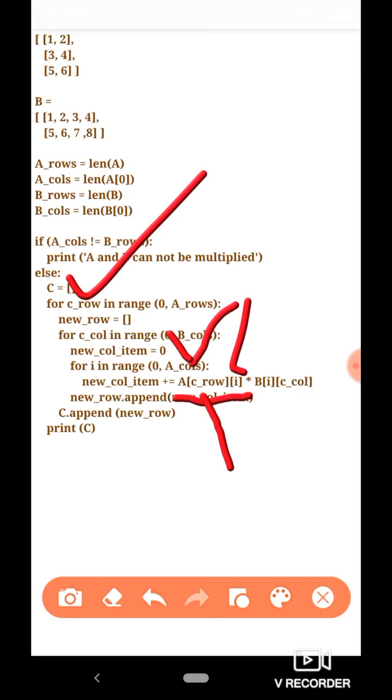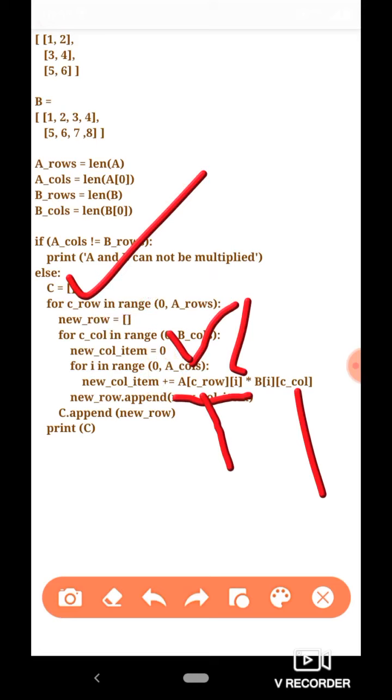Similarly, the same column for which the C call item is being computed, the same index column of matrix B is to be selected. And this loop variable I gives the column number in matrix A and the row number in matrix B to select the individual items, multiply them, and then the multiplication is added to this new call item.